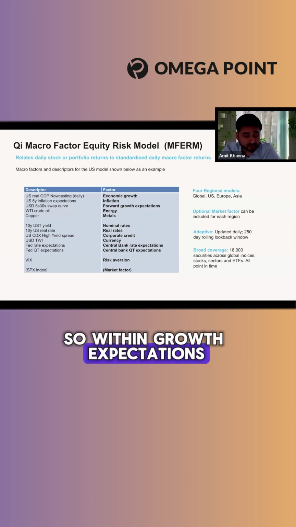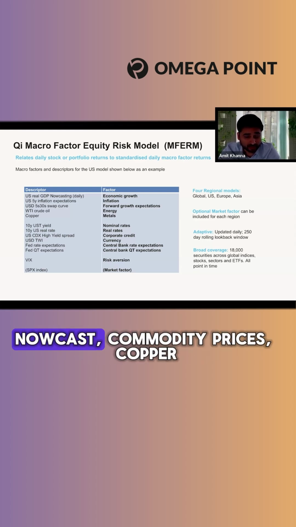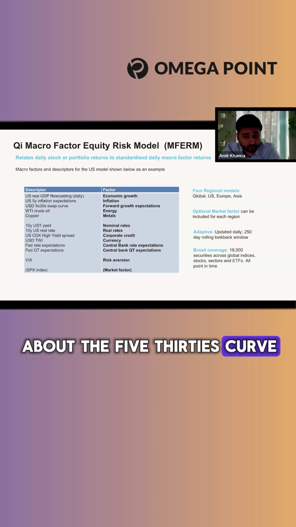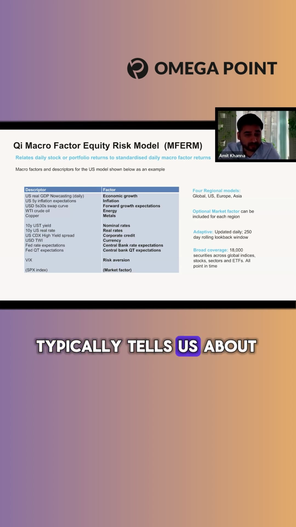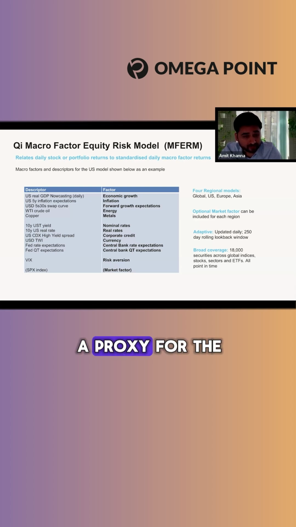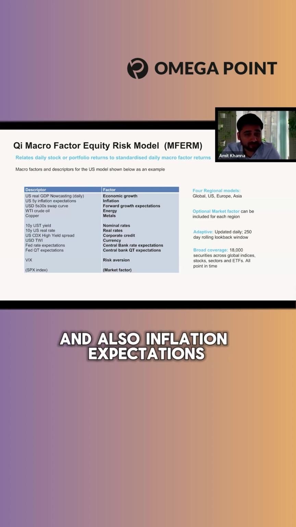So within growth expectations, we want to know about real-time GDP nowcast, commodity prices, copper and WTI crude. We want to know about the 5s30s curve, where the steepness typically tells us about medium-term growth expectations, but more recently it's been seen as a proxy for the Trump chaos risk premium with the recent steepening, and also inflation